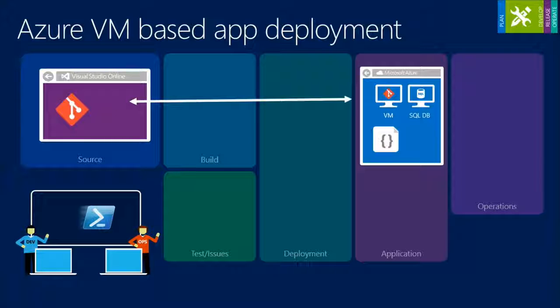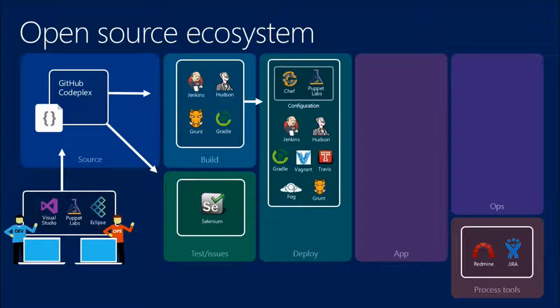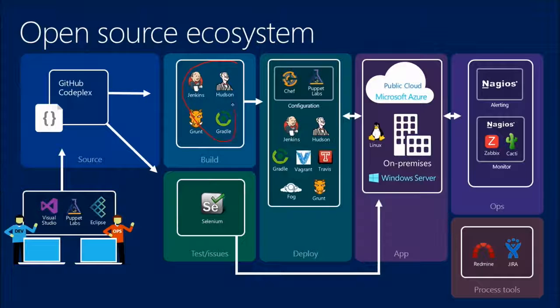But I wanted to bring this up here because it highlights the limitation of just deploying VMs up there and manually copying the source code, which is, hey, I probably need some kind of build automation process to automatically fire off the builds, and then do my deployments based upon that known build. Well, we have the release management product, but if you're not using a release management product, we also have a number of open source tools that would do the job. Jenkins, Grunt, Gradle, and Hudson in this particular case are the ones that really relate to